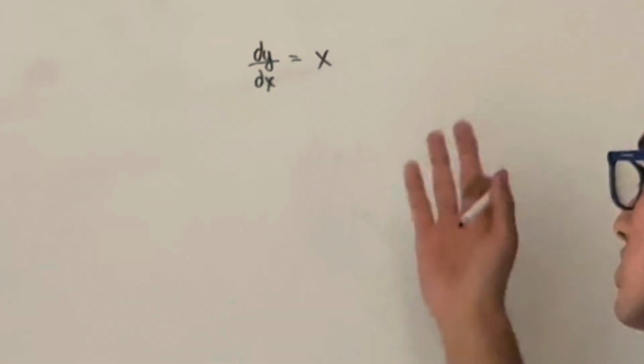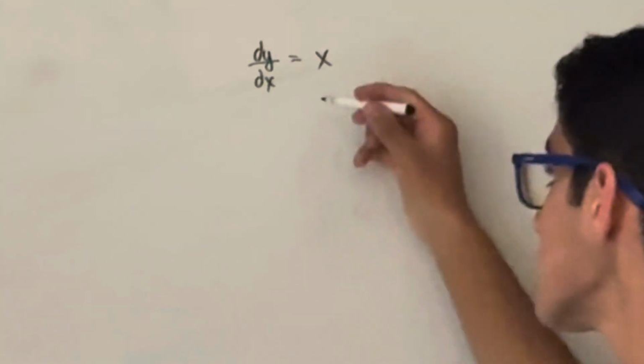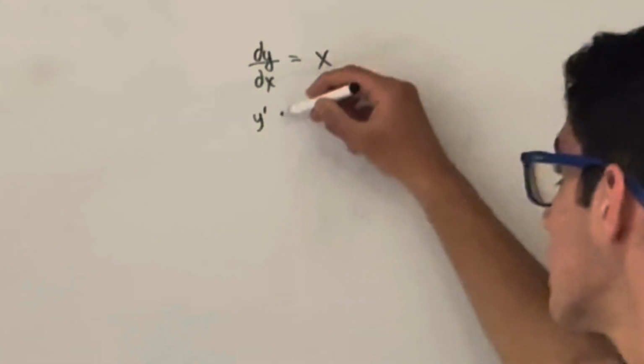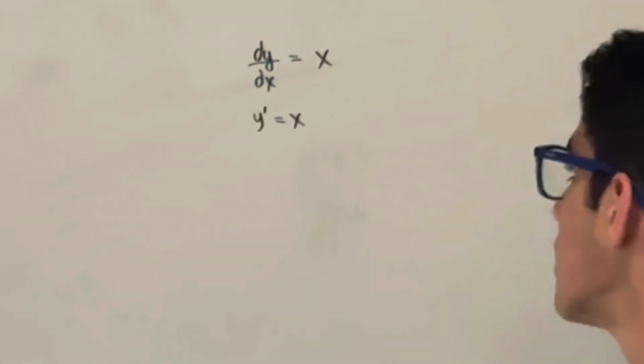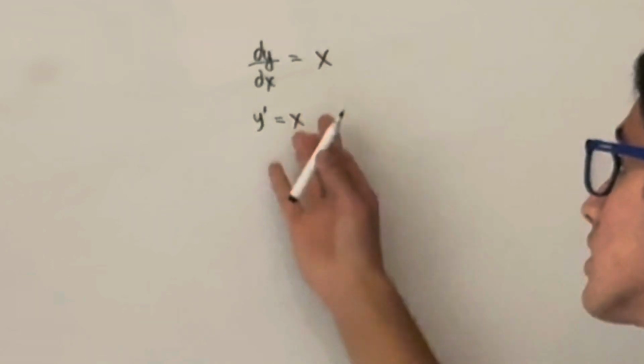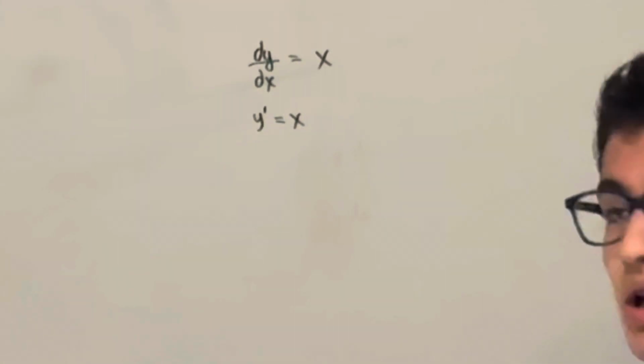Let's take a step back, let's just look at what this means. dy dx is the first derivative of function y, right? So you can write this as y prime, that's the same thing as the first derivative of y, is equal to x. Why don't you pause the video, give this question a go, see if you can find the answer. Of course, there'll be multiple answers, it's a family of answers, but see if you can just find that family